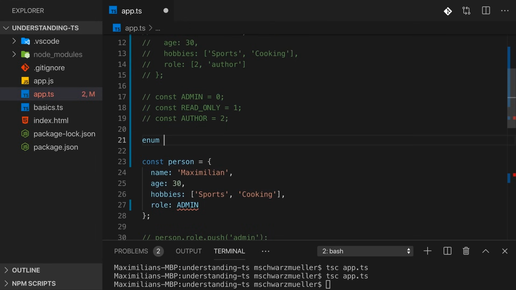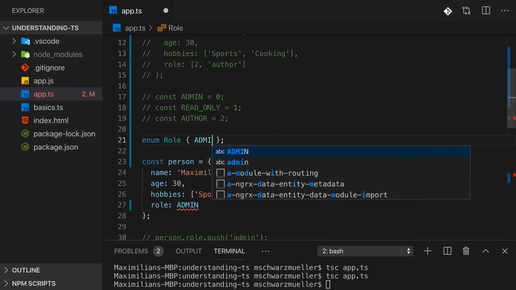We create an enum with the enum keyword. We can name it Role. Convention is to start with the uppercase character because an enum also is a custom type. It's your first custom type. You're going to write many more in this course. This is the first one. And then after the name of the type you want to assign to this enum, you add curly braces, just like that. No colon, no equal sign, just curly braces after the name. Then a semicolon. And now in here, you can assign your values like admin,